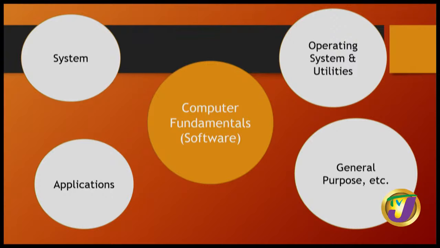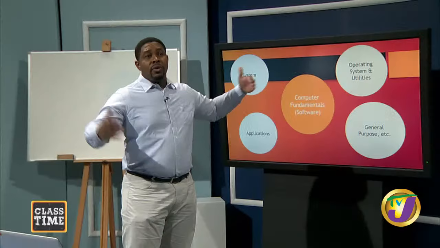System software, which includes operating system and utilities. Now, sometimes we don't make a definite distinction between these things, but there are distinctions. For those of us who are acquainted with other forms of operating systems, you will tend to find out that there are several different distinctions between these things. Those of you who use Windows, you will find that